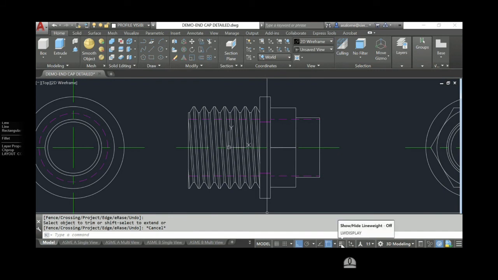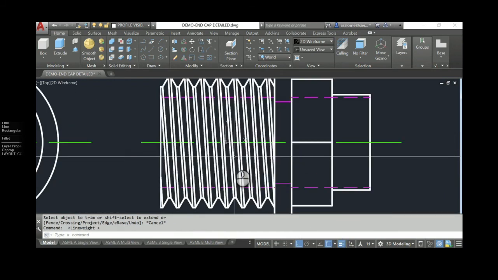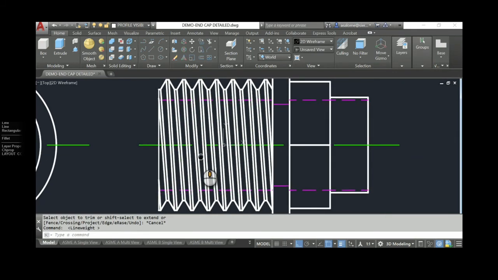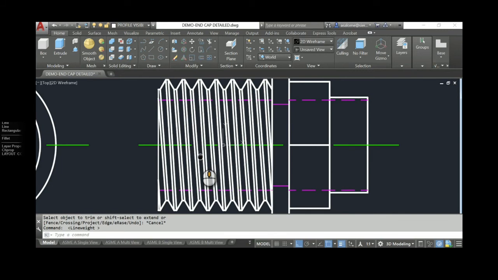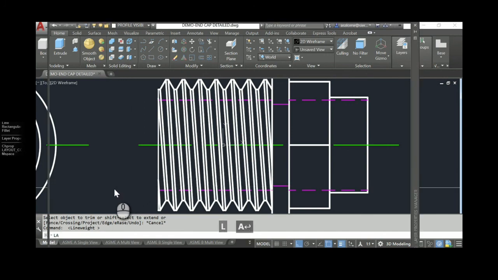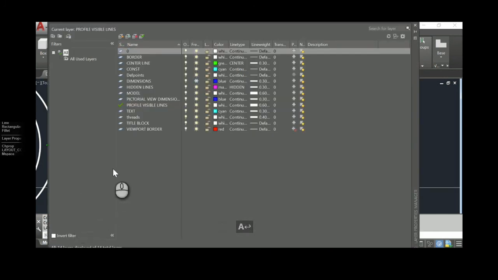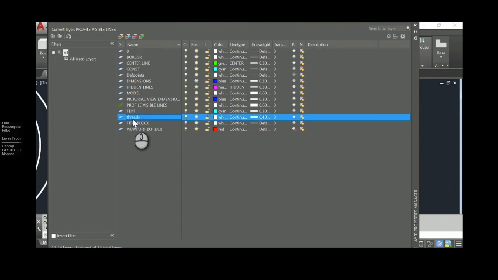I'm going to turn my line weights back on. And you can see what happens here is these angled lines for the actual edges of the thread, they're going to get gunked up on the print because they're kind of thick. So let's go see if we can do some layer properties management. And so I created a layer called threads, and I dropped the line weight a little bit. They are visible lines, so I don't want them my thin line size, but I tried 0.5 and it was still kind of gloppy. It was still kind of too thick to be running side by side. So I dropped it to 0.4 and it seemed to work pretty well.